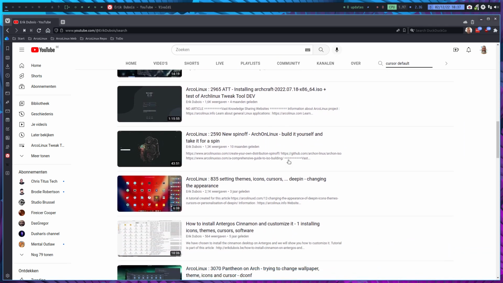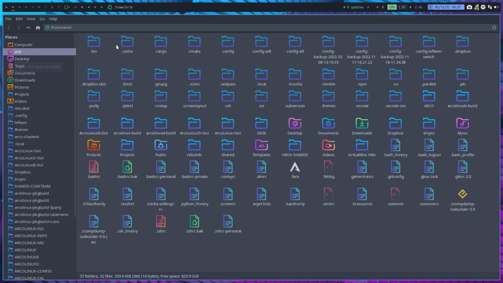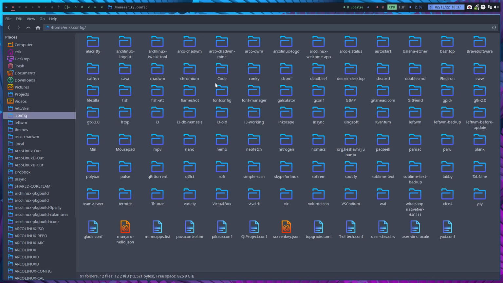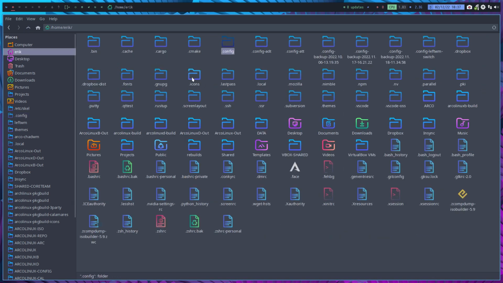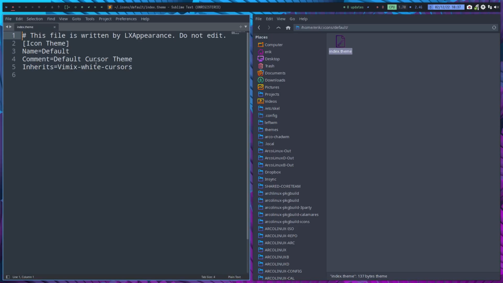A lot of videos about cursors, but on my own system we have here the icons. Voila. There is an icons folder, and in here is a default folder, just like I just showed you in the video previously. So two videos previous in the numbering, you'll see that we talked about the index theme, and it contains something